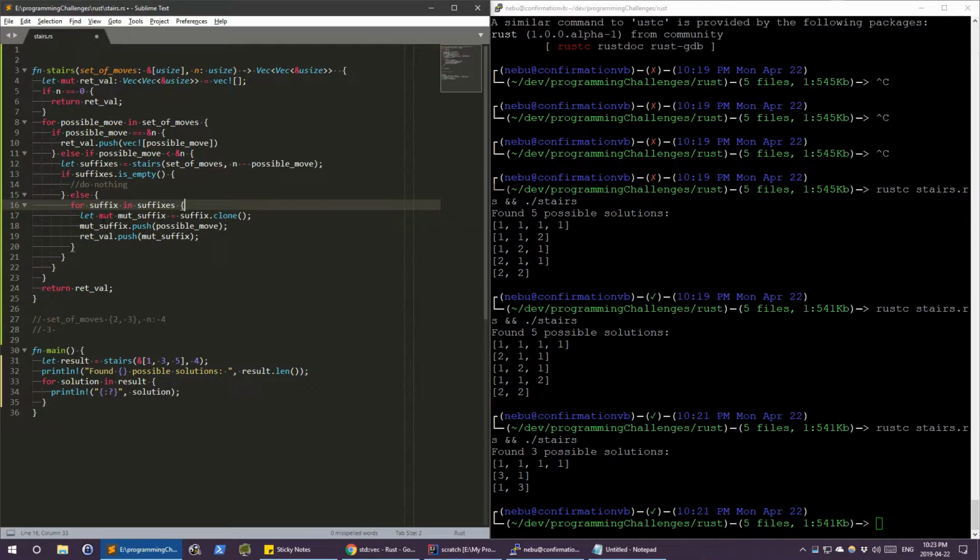Yeah. Well, I'll come back to this. Clone might be O(N), like linear time based on the length of the suffix. I'm assuming it would have to copy all of those over. This is O(1), this is O(1). Okay. So we have at least an S factor here, right? Because of this thing. So S times